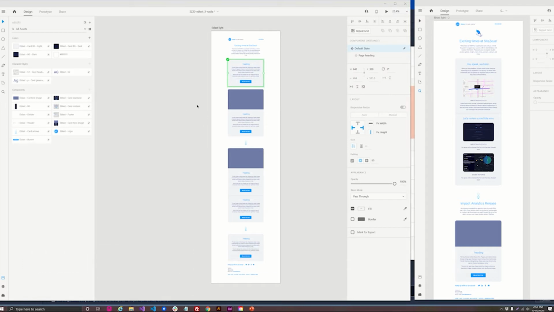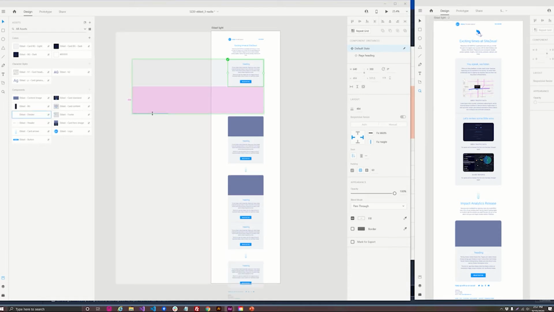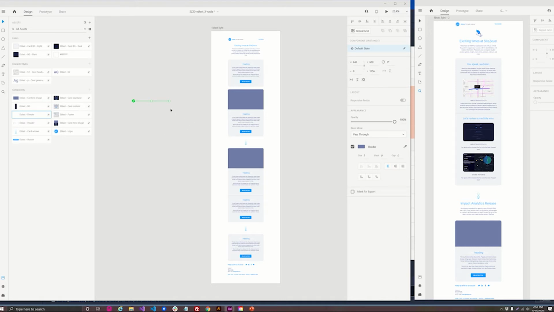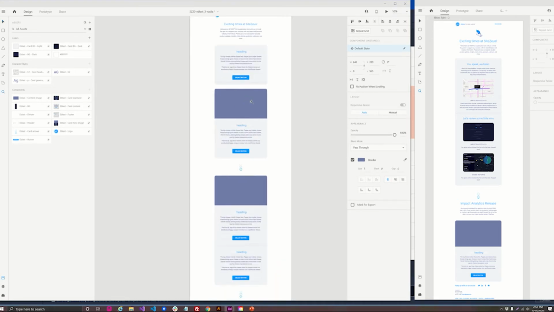So the next thing I want to do is add the divider. I'm going to drag this out. Oops. You can undo. Make sure you're at the top by just selecting anywhere here and then paste, or whoops, drag it out. Otherwise it tries to put it in the group. And I'm just going to position it not where I want it vertically, but where I want it, like on the X. Let me just go in here